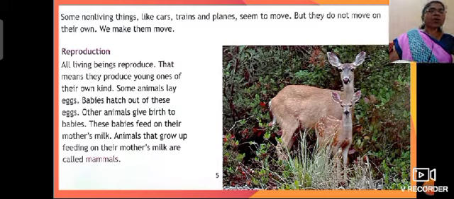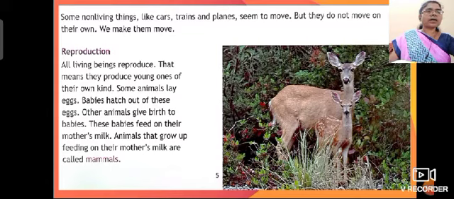We put petrol or diesel or gas in our car, isn't it? And aeroplanes need white petrol, isn't it? And some kind of energy they need to move. They cannot move on their own. And sometimes our toys move. How? We put a battery inside or some friction on the wheel, isn't it? So non-living things do not move on their own.